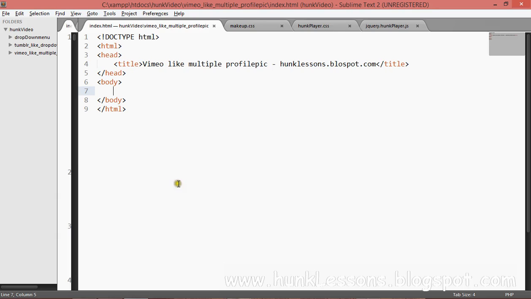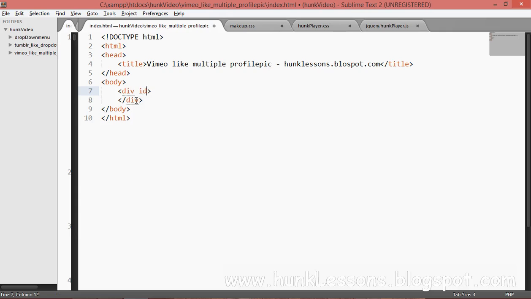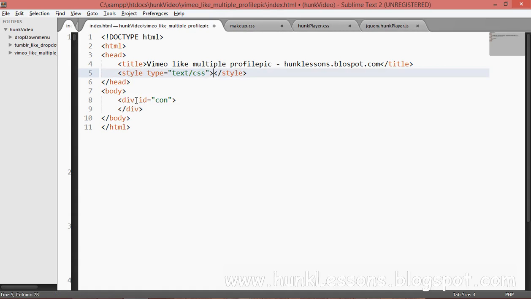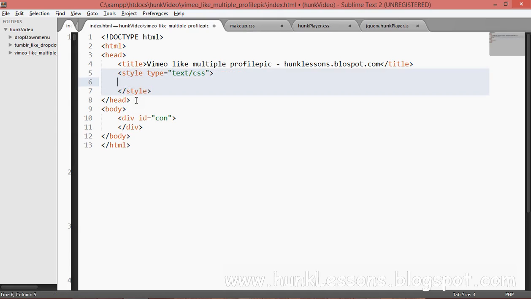Okay, I have a basic HTML5 markup ready. I will make a div with an ID of container. I will make it con for short. You know I'm lazy. We will open a style tag. We'll select the container.